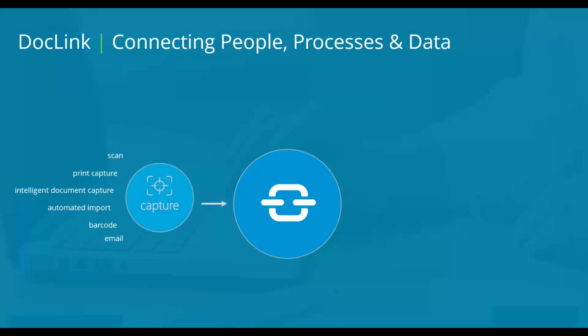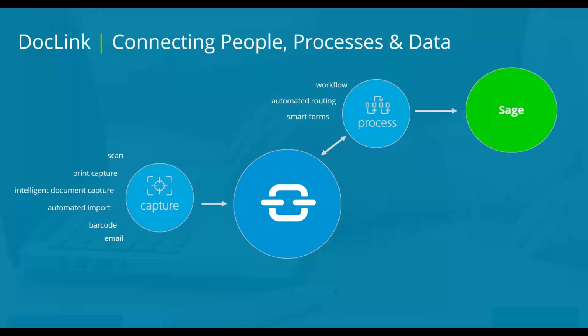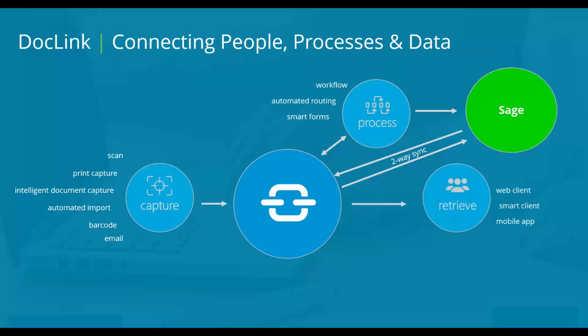Just to review, we start with the repository in the database. We can scan, capture documents and the data in multiple ways. We can work with those documents and that data, again, in multiple ways, and push it to Sage for those transactions that are necessary. We'll take advantage of the two-way synchronization to keep everything up to date so that we can more easily and more accurately use the capabilities to retrieve the documents that we need, whether it's the financial audit. Perhaps you have